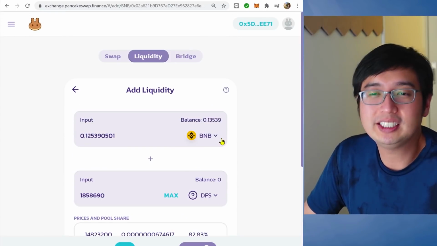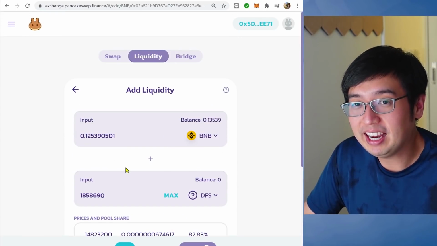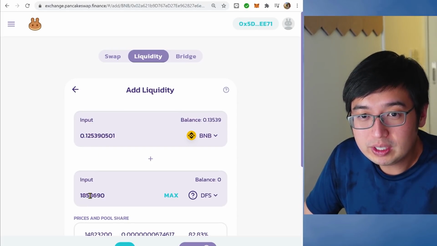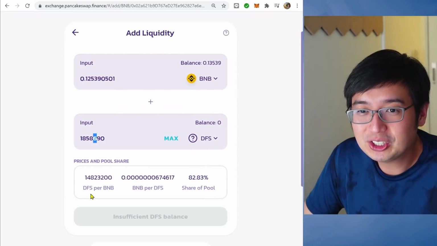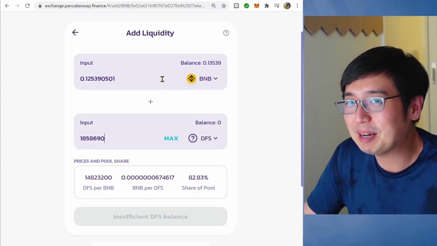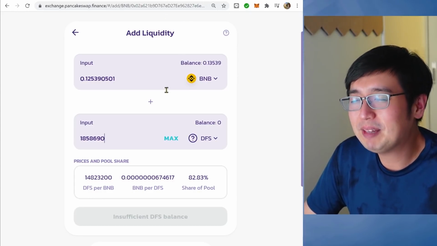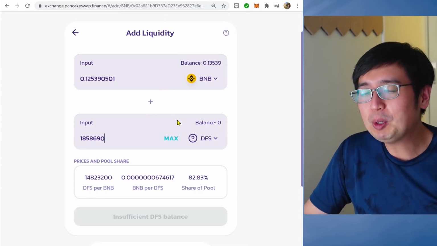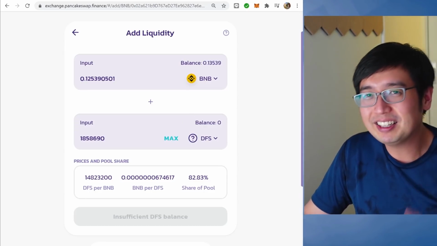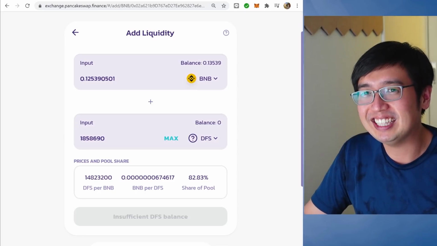And that's it. So let's say I wanted to buy my own token back. I would put in 0.12 BNB and it would get me way more tokens than are actually available. There isn't enough DFS. I could buy up all my tokens back. I'm not going to do that, but you probably get it. Make the token, provide liquidity, let the market decide how much value it has.